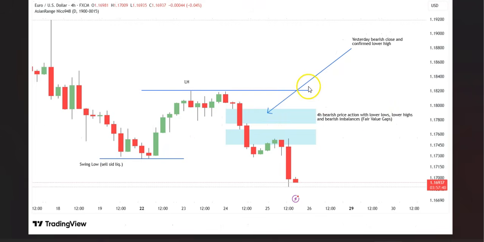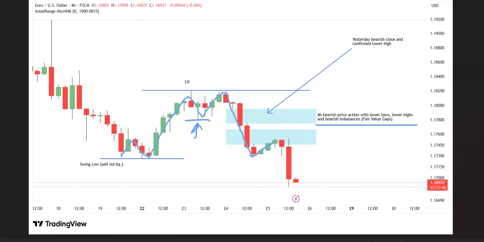Continuing to the 4-hourly time frame, this is what we are looking at here. Just by focusing on the price action itself, you can see that the market was in this bearish down move. Previous swing lows were broken to the downside and the market was retracing. As I wrote here, the 4-hourly price action was bearish, with lower lows and lower highs, and on the way to the downside, the market also formed these fair value gaps, in other words the imbalances, which can serve as a potential resistance as well, especially when you combine that with the swing highs